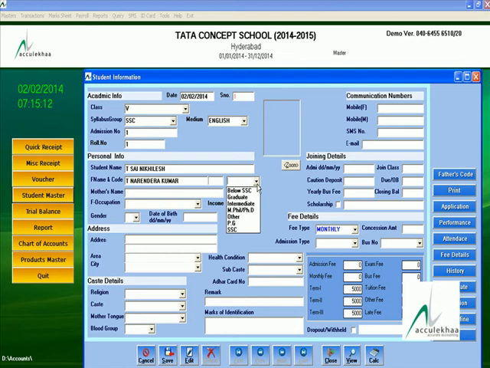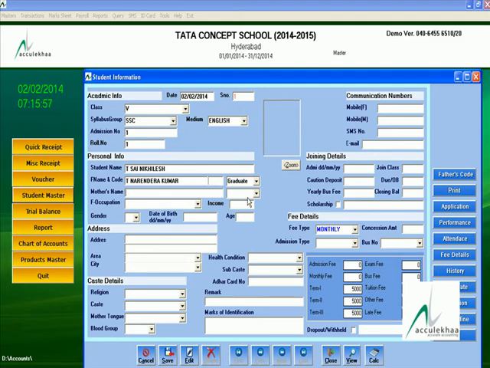You can leave it blank, or suppose you want to give anything special like MCA or MSc, you can define it, and simply press the enter key, then automatically it will save, and next time whatever qualification you defined will automatically appear on the screen. Now I am selecting the father qualification as graduate.